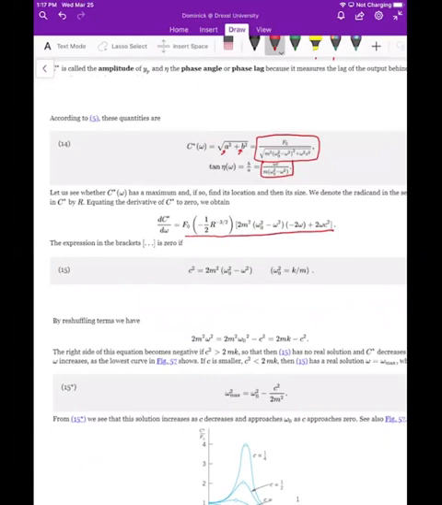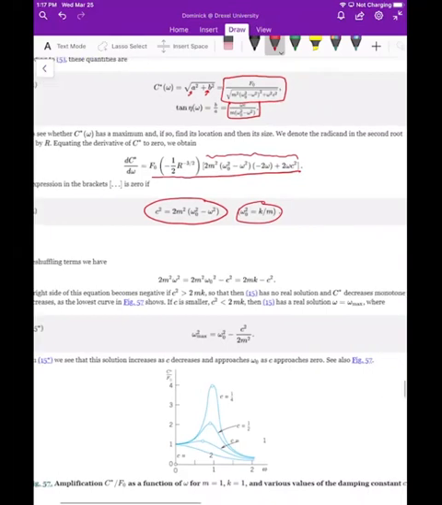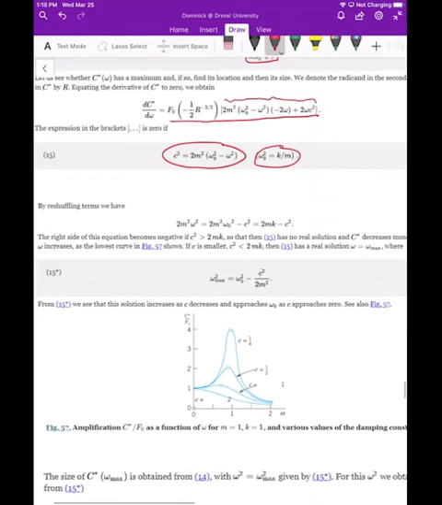Now, of course, this is only 0 if the expression in the brackets is equal to 0, and that will only occur if we get that c squared is equal to 2m squared times the difference of omega squared and omega 0 squared, right? And of course, don't forget that omega 0 is the square root of k over m, so if you square it, you just get rid of the square root, right? So if you reshuffle terms, you can arrive at this statement here. And of course, it's nice to think of it as 2mk minus c squared,